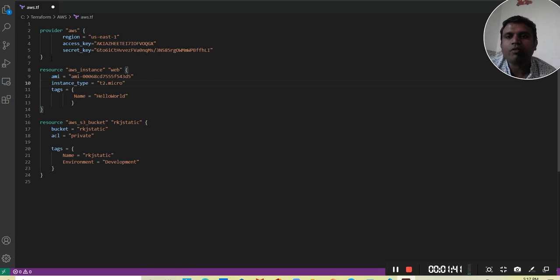First of all, we have to provide the provider name. It's AWS. For Azure, we will use AZ, MSAZ, and if it is Google Cloud, then we will use GCP. So as per the provider name, we will make a configuration.